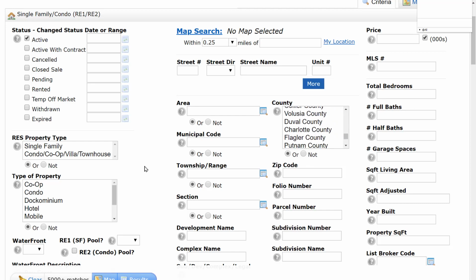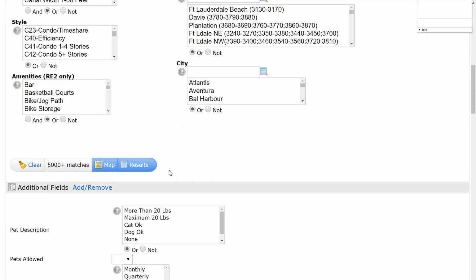So if you scroll down a little bit, at the end of these 3 columns, you have clear, which would delete or get rid of any criteria you had entered. It tells you the number of results. You can see the results on the map, and you have the blue button that says results to see your list of results. But then it says additional fields, and it will say add or add remove. If you click on add,